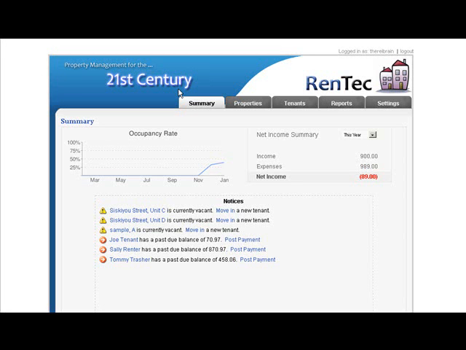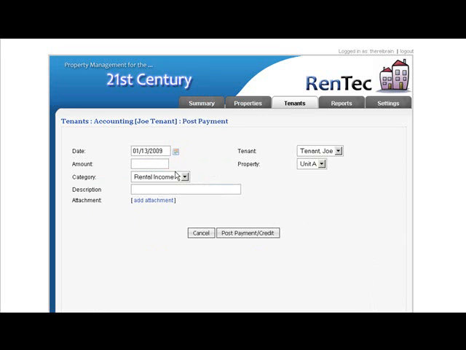Things that I really love about the software are, number one, the summary pane. I love this right here where you can just check out what your net income summary is with one quick glance, your occupancy rate, any notices, if you have past due rents, all that kind of stuff right here. It makes it very easy to post rent with just a click of the mouse. So if you have a past due rent, Joe Tenant just pays his rent, this balance of $70.97. You just click post payment,